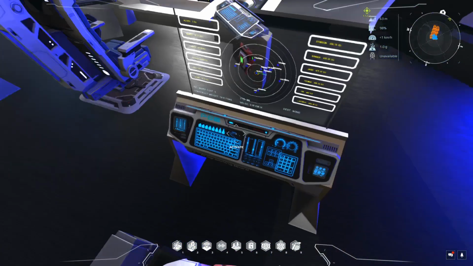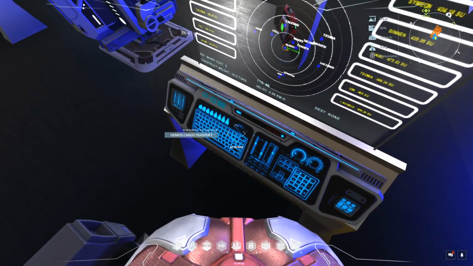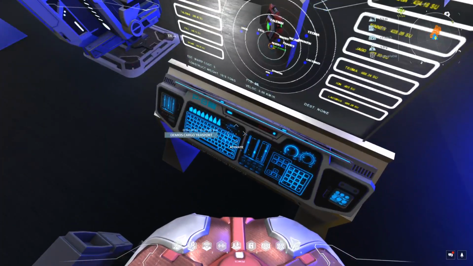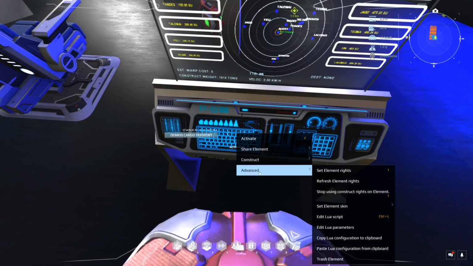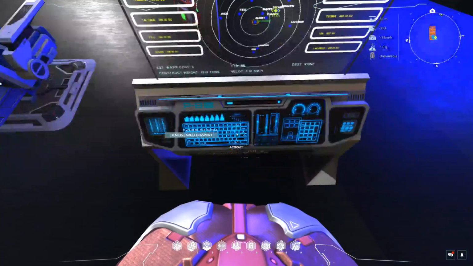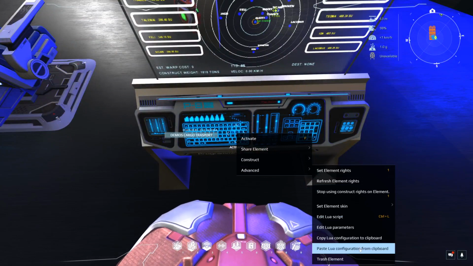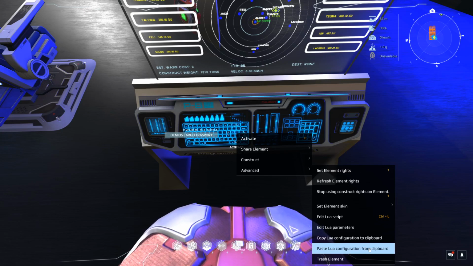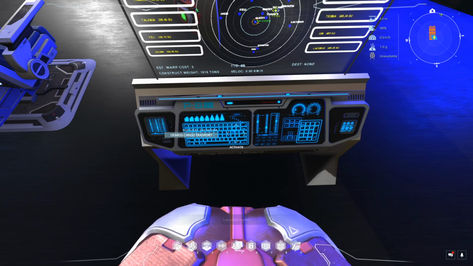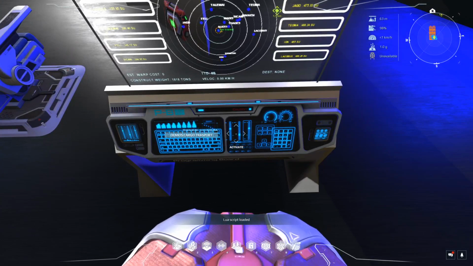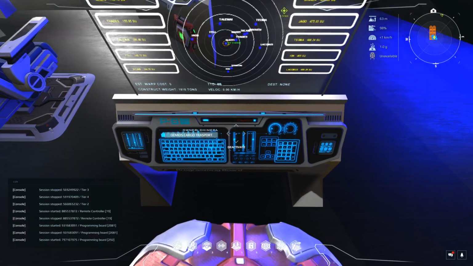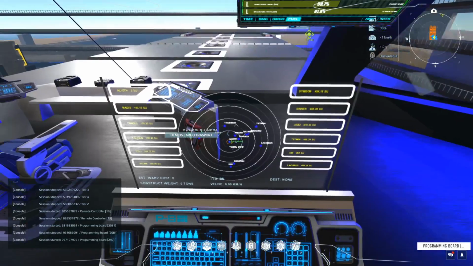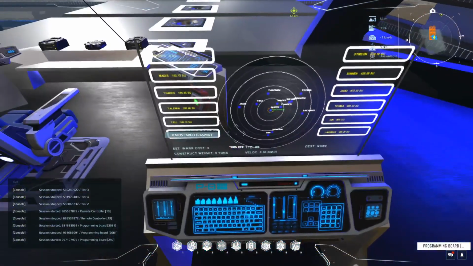But if we look at this, the board is just linked to the core and linked to the screen. And then once you put the code in here, you would just go to advanced and then paste Lua configuration. And I'm just pasting the space map with warp cell calculator that you can find. Just do a web search or something. I can include that in the description as well. But yeah, you just paste the code from the web page that it's on into the board, and then you would activate it, and the screen suddenly comes to life with all of this information, and you can